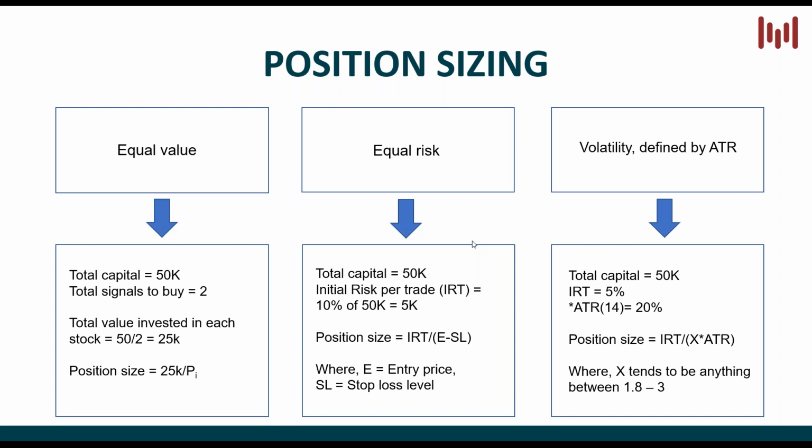So generally, when people speak of the ATR, the average true range, the period used is 14, as is the case with the RSI. You can really use anything you want. The higher the period, the lower the volatility. The lower the period, the higher the volatility, right? So I would expect a stock to be 20% volatile over the next 2 days. But it's very difficult for me to think that,